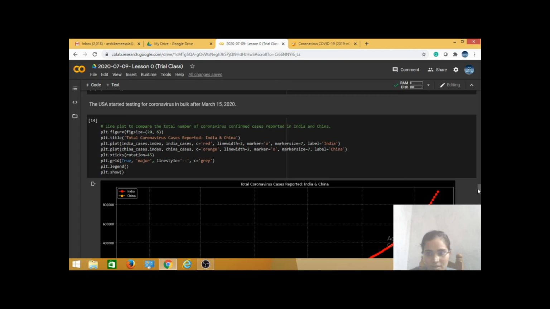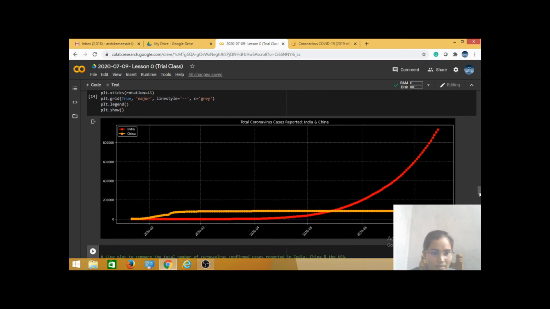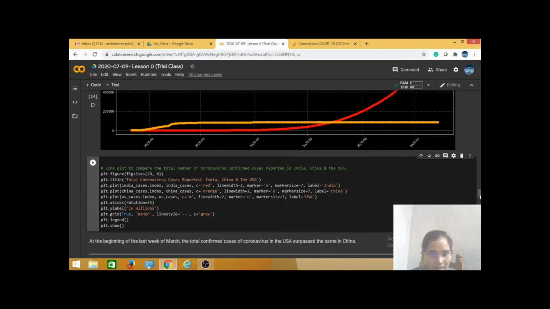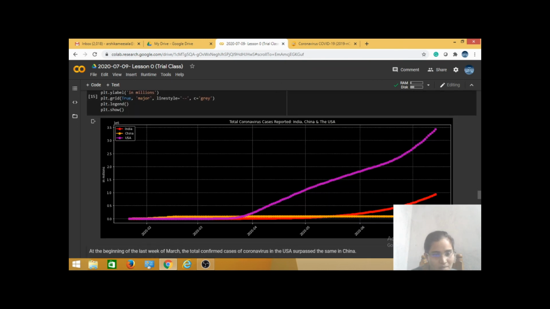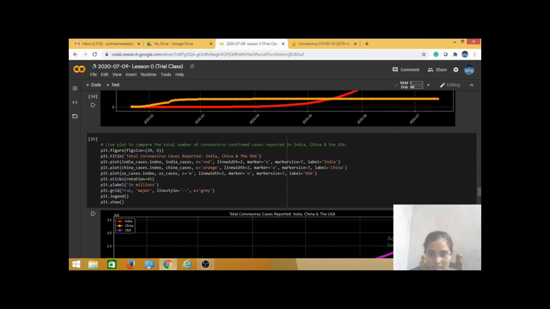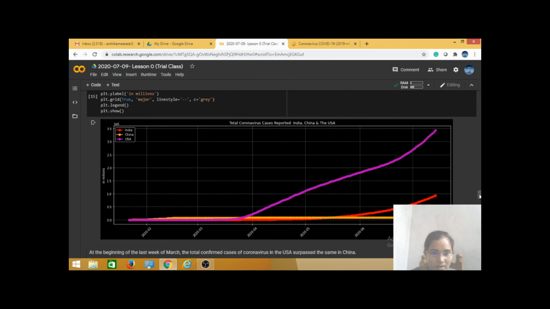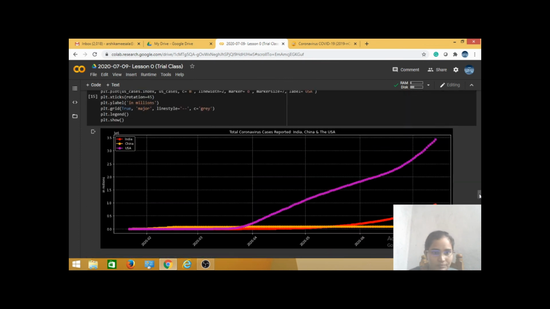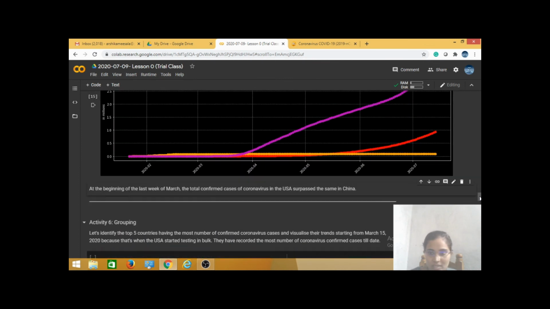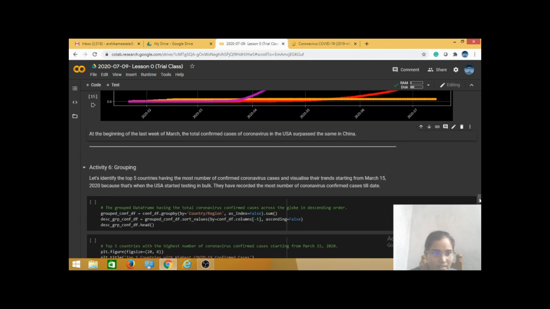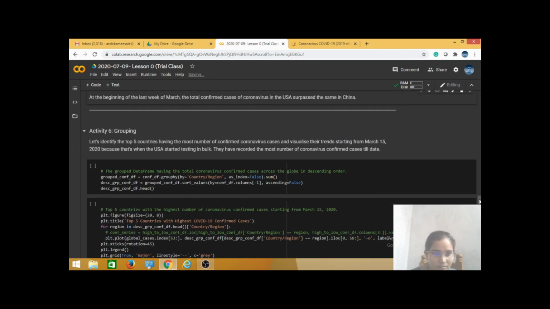Next you are just showing or displaying that particular graph. And the next one is between three countries, that is nothing but India, China and the US. So the same concept, the same statements we used before, we are using. See here we are getting the difference between three countries.